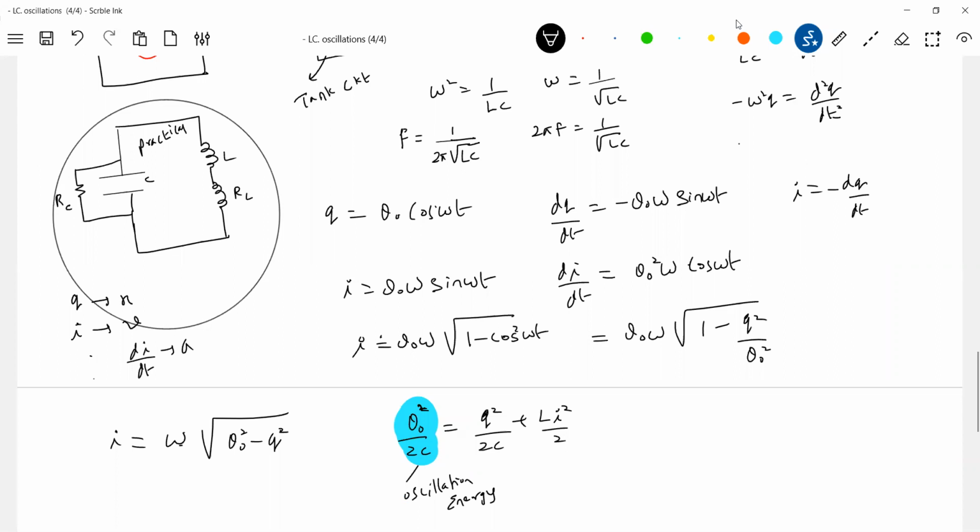Like in SHM, what is oscillation energy? Spring block system. You are going to displace the block, no? And so the spring will get elongated by x naught. Then how much energy is there in the system now? K x naught square by 2. That is oscillation energy, and that will be converted into elastic or kinetic energy of the spring block system. Similarly, this is the oscillation energy supplied,